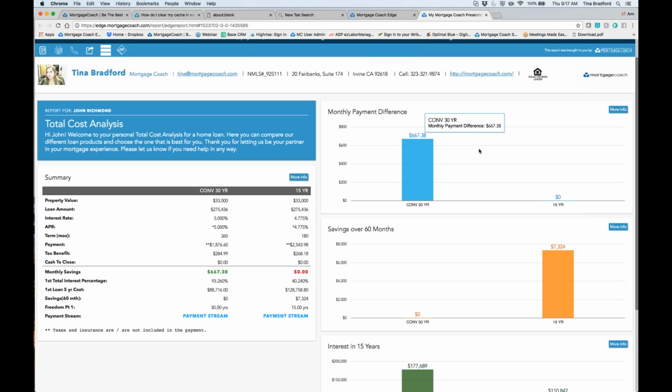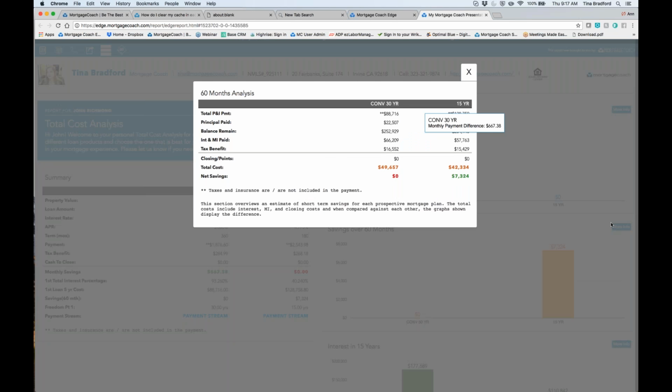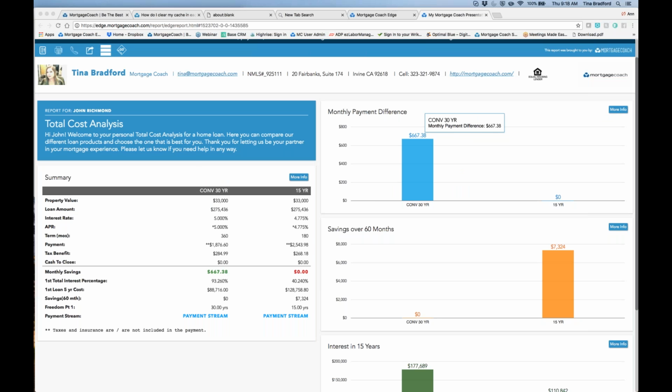For anyone not completely comfortable with this window, all this is showing is unrecoverable cost. So by showing that interest in MI plus the closing costs less the tax benefit. So I do want to ask if there's any questions on the tax benefits. Again, you should have received an email. If you haven't received it yet, it should be coming in your inbox. And with that email, you do have a video in there that Jacob goes through in a really detailed way, so you'll be able to hone down on everything you need to know about the tax information. So it looks like we are all good.